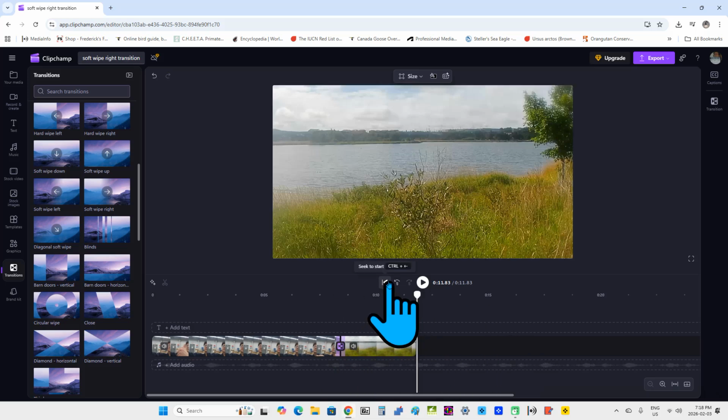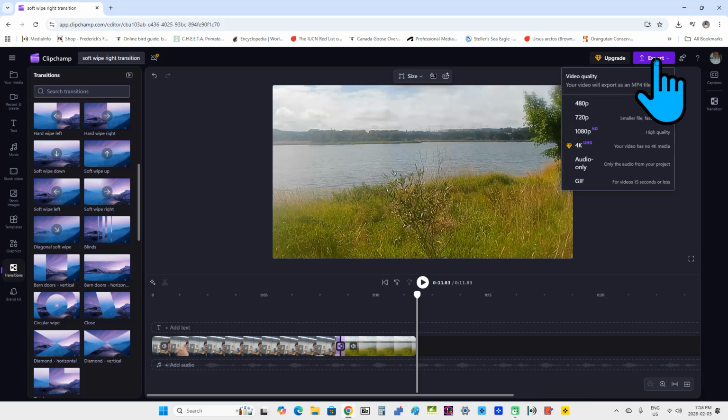Perfect. Excellent. So now I'm going to click the export icon up here in the upper right because I want to merge both these clips into a longer video so we can watch them with the transition added. I'll show you how to do that now. I'll click the export icon in the upper right. And you can see we have several options, and you can see your video will export as an MP4 file